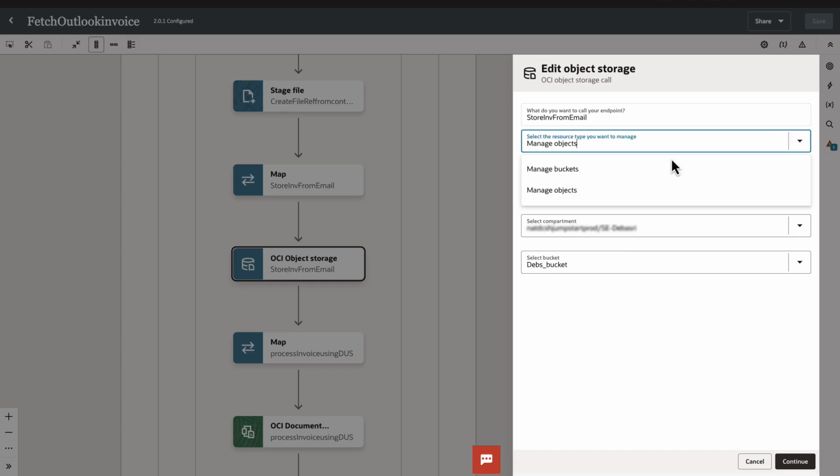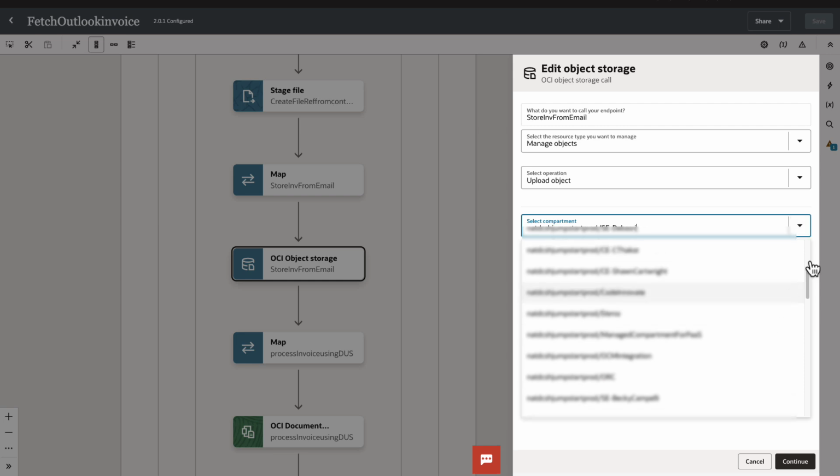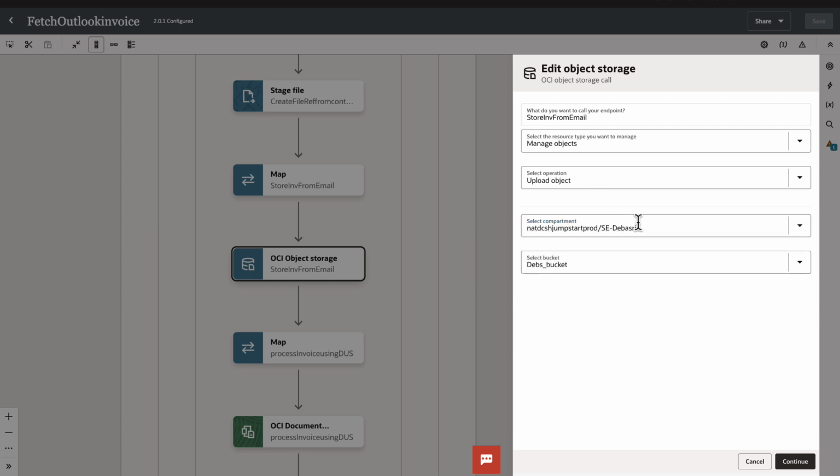And you can choose whether you want to manage buckets or manage objects. In this case, I want to upload the file, so I want to do an upload object. That's the operation. And then if you have the correct policies in place, all your compartments will be listed over here, and you can choose the compartment you want, and then the bucket